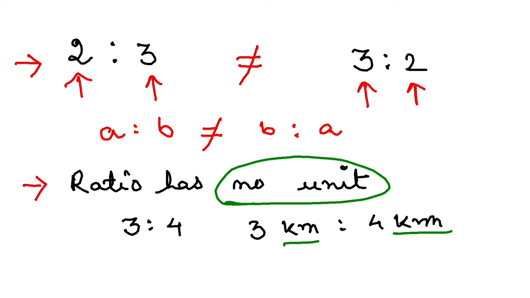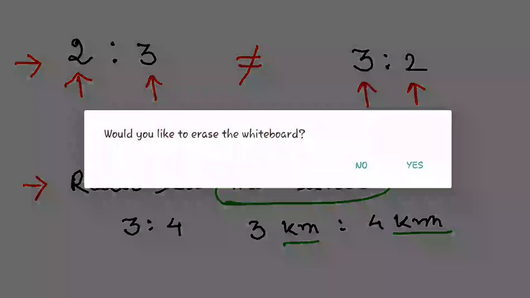The last thing is, whenever you're going to write a ratio, you are going to try to write it in the lowest form. For example, let's say I'm writing a ratio 4:18. This is not in lowest form. What I'll do now, I'll bring it to lowest form. I'll cancel both the terms by 2. So I'll have 2:9. So always try to write in the lowest form.